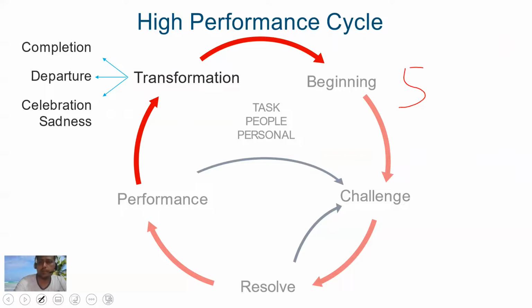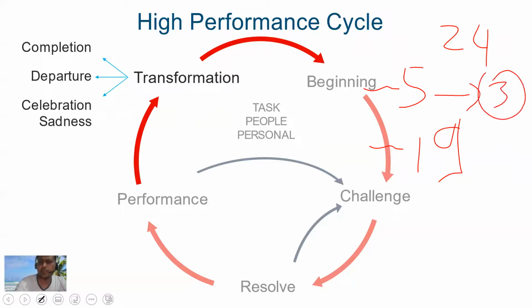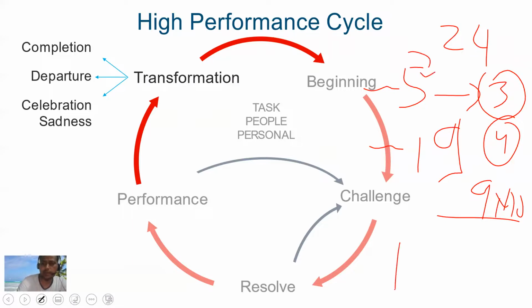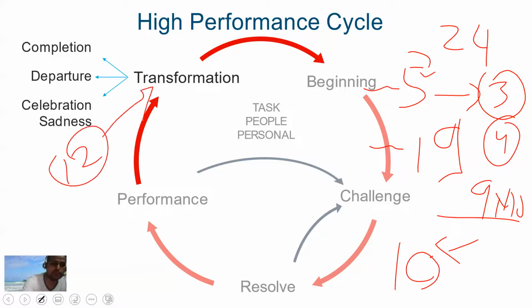And then suppose you have 12 plus 12, 24 months, for example, complete in 5 months, and then for 19 months, say not exactly 19, but at least you need 3 to 4 months to do the deployment, understand the nitty-gritty of that. So that means 5 plus 3 plus 4, about 9 months approx you complete, and you start giving support after 5 months. And then for the next 10 months you can start performing. But in this 10 months again, once you complete 1 year, just after 12 months, be ready for transformation.